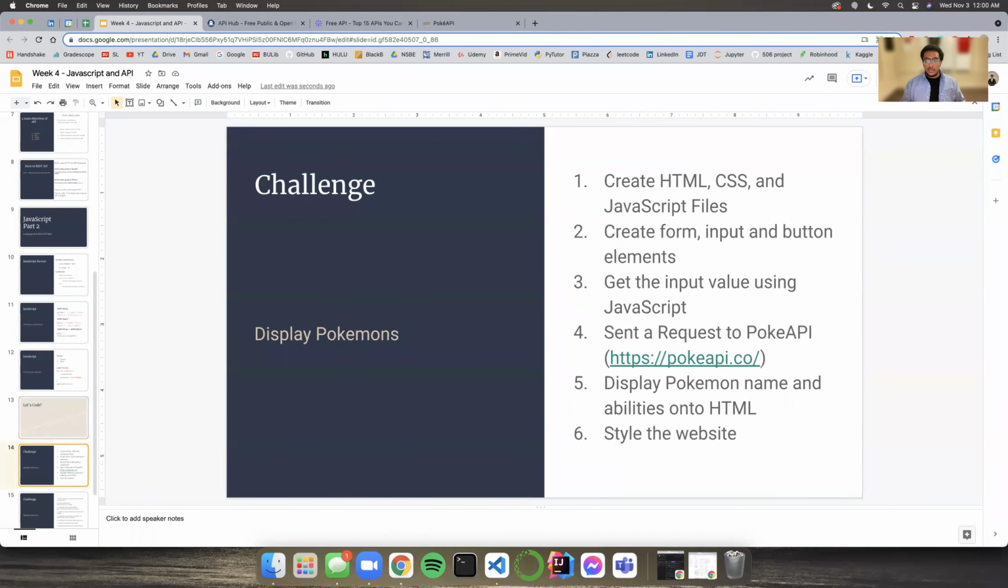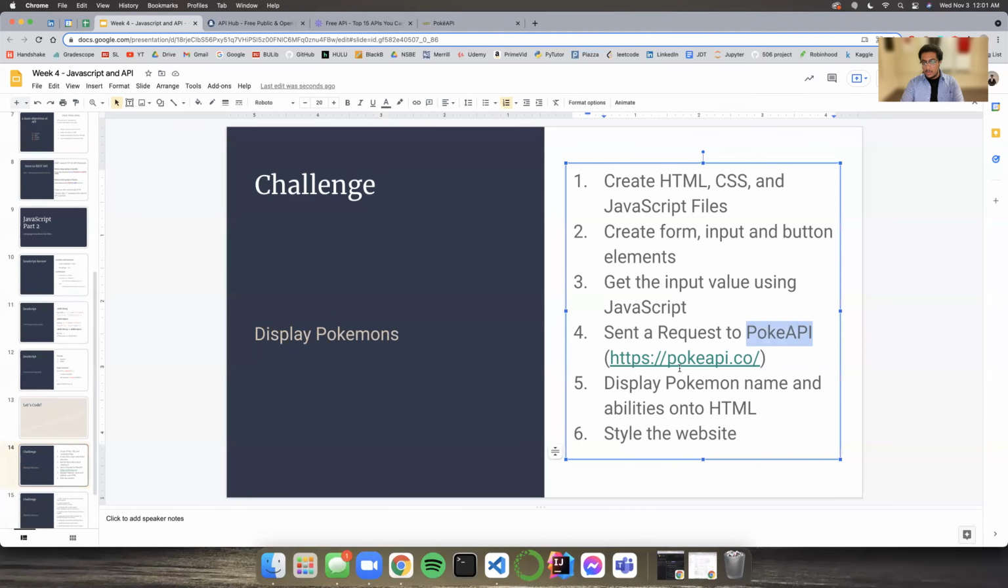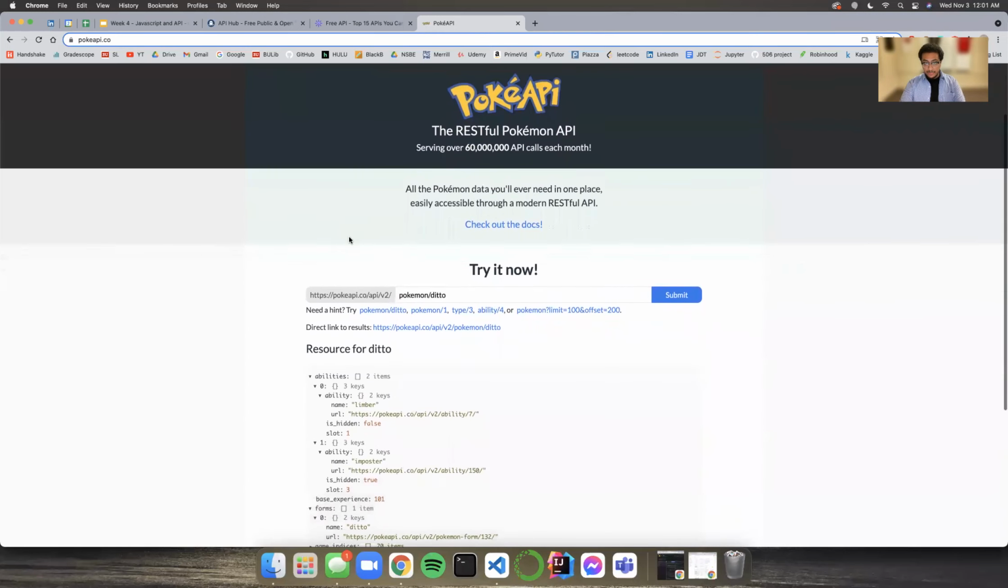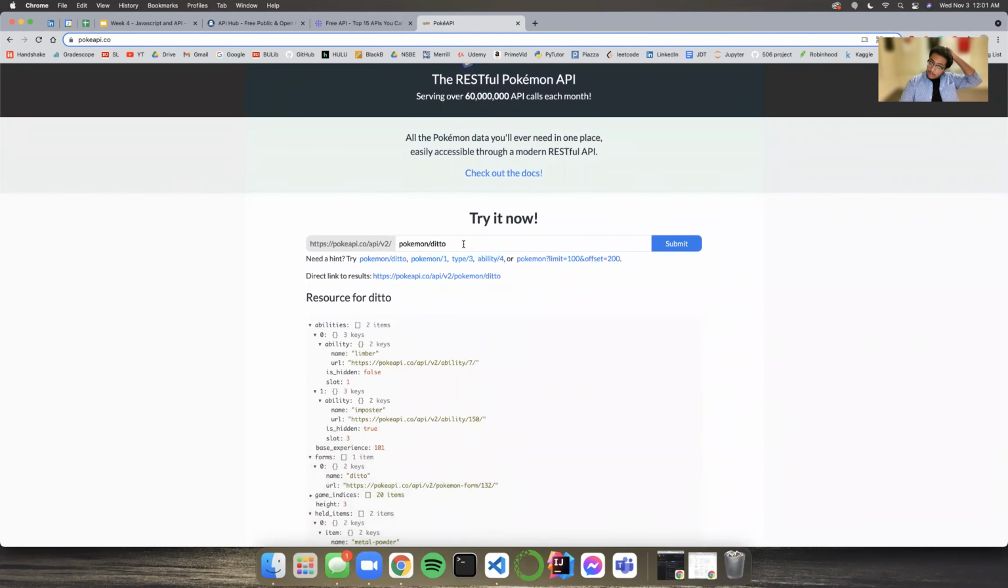So the challenge is just to create some HTML, forget the CSS for now, and the JavaScript code. This time we'll just be taking some form that takes an input and some button, and some value we'll be putting in there, and then we'll write it in JavaScript where we parse that value, and then we'll make an API call to the Pokemon API, just PokeAPI. So if you go to this website, https://pokeapi.co, you will come to this website,